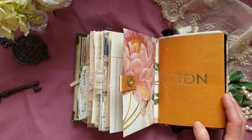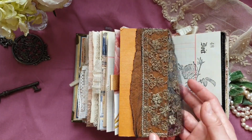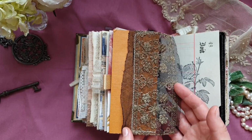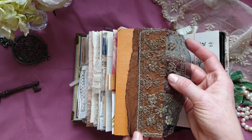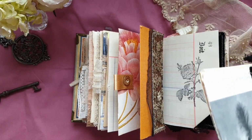When we speak of Louis Vuitton, of course, we speak of luxury. And here, this is very rich, very beautiful tulle trim embroidered with gold threads. And speaking of the luxury, here there is a gorgeous, wait a second please,